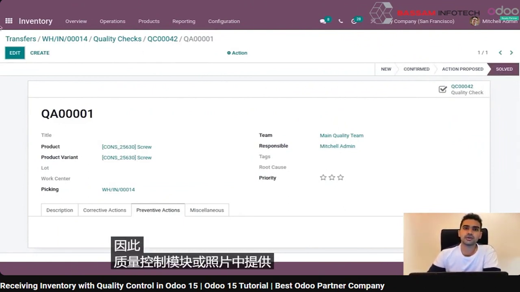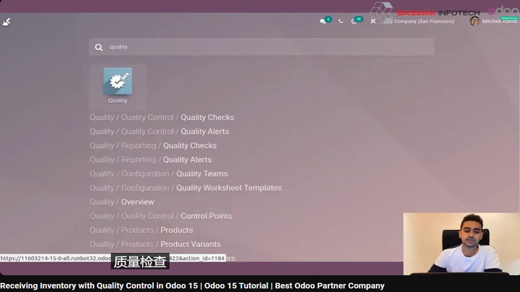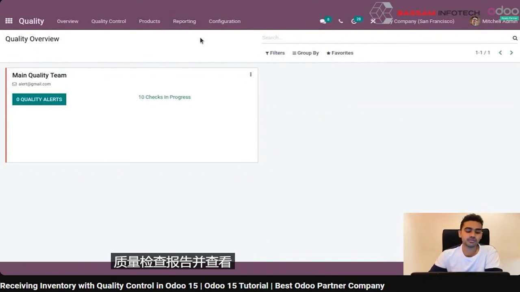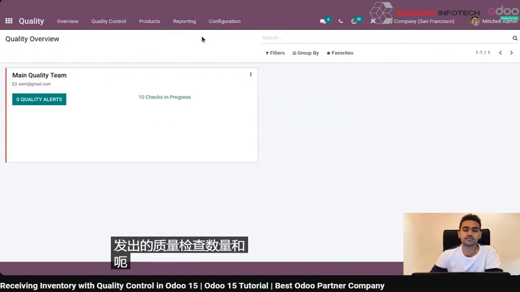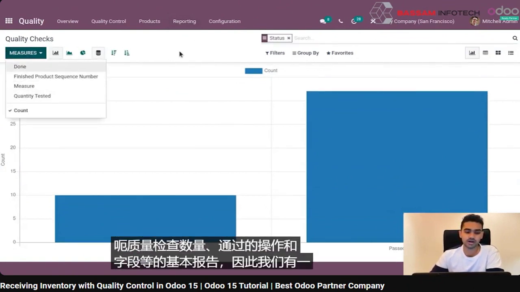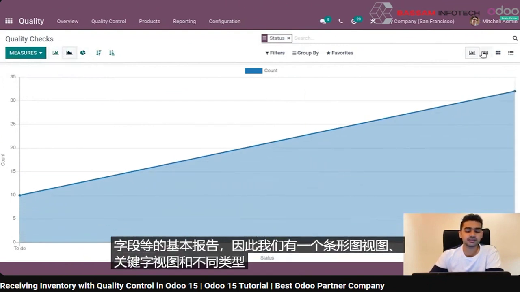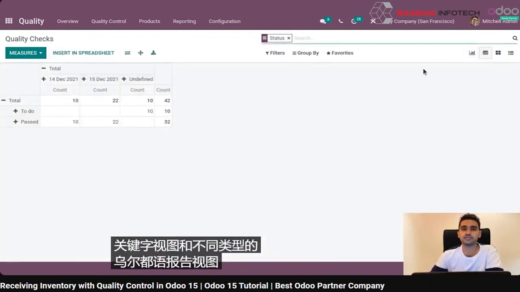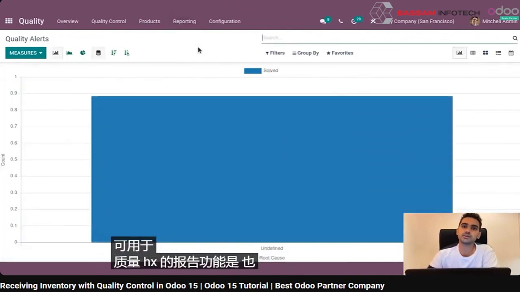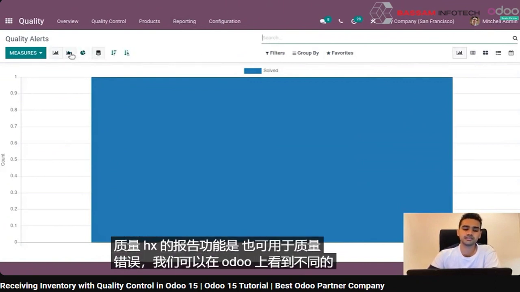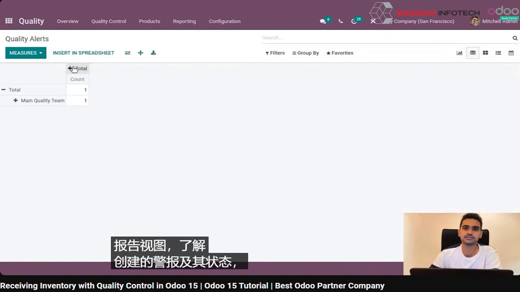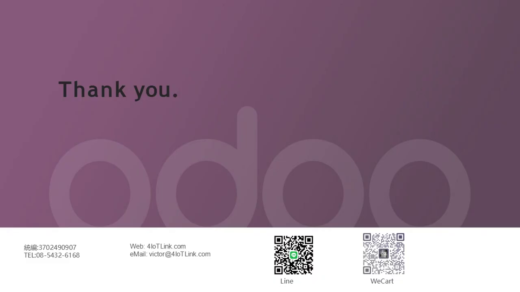So there are some reporting features available in quality control module of Odoo. Like for quality checks, you can click on quality checks reporting and view a basic reporting for the number of quality checks issued and the number of quality check actions passed and failed, etc. So we have a bar graph view, a pivot view, and the different types of Odoo reporting views available here. The reporting features available for quality checks is also available for quality alerts, where we can see different reporting views of Odoo for the alerts created and their status. So this is how